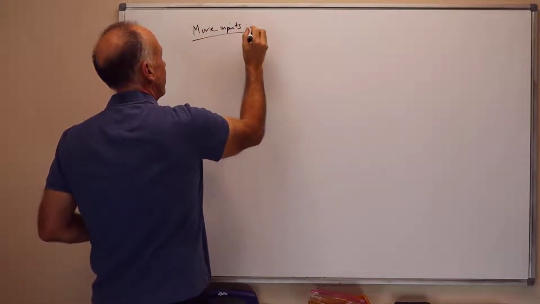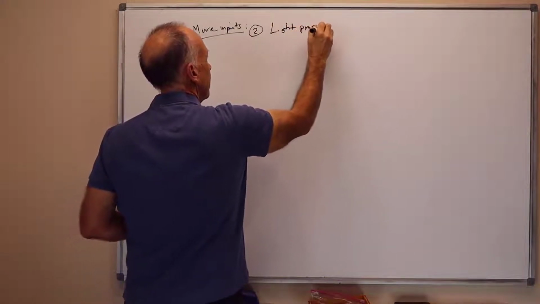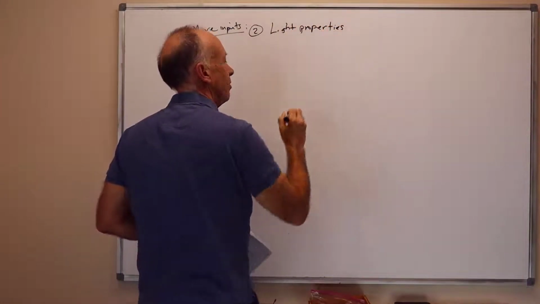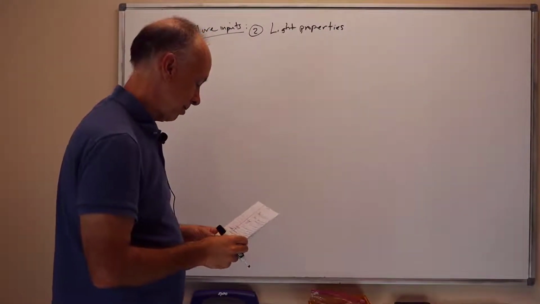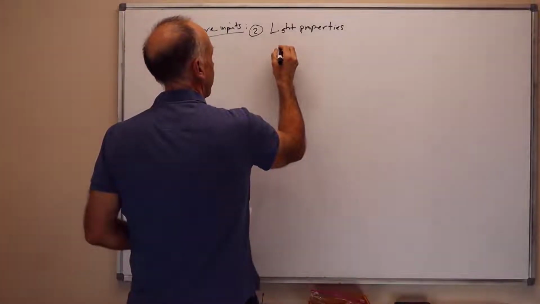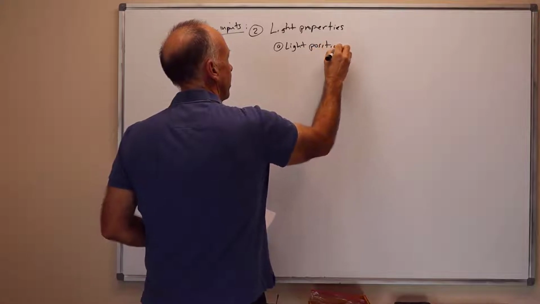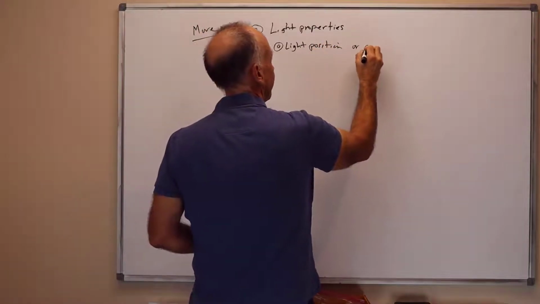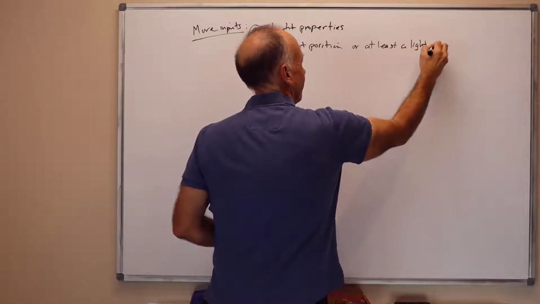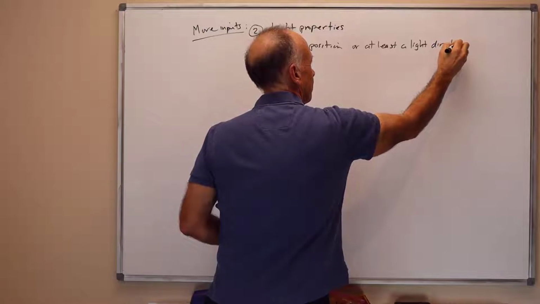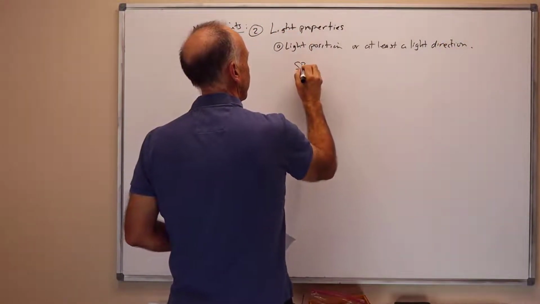So more inputs. First of all, two is light properties. There might be multiple lights, but we just consider one light at a time, and we'll just additively combine the contribution of color from all the lights. So the first light property is we're going to have a light position in space, or at least a light direction. We may not give the light a position in space, but we give it a direction that it's shining from. And this is specified by a unit vector